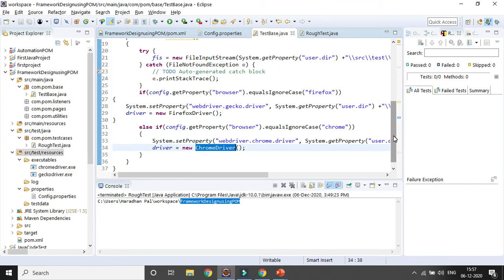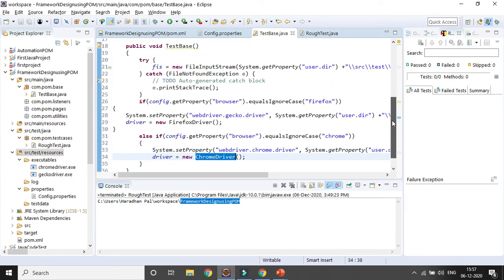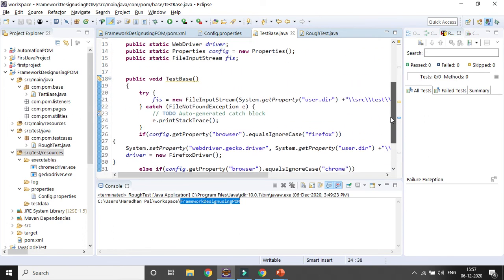So now I will deal with two drivers. If you have more drivers, you can add them. In my desktop there is no IE driver downloaded, so that is the reason. I do not generally do my testing with IE, but if you want to do it, you can add it, so that it will also work for the IE driver.